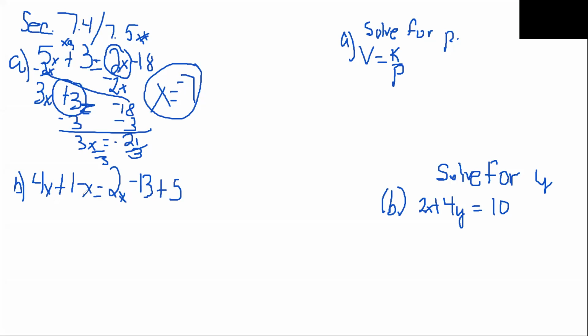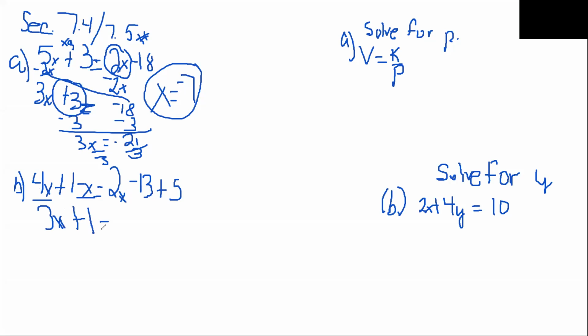B model, 4x plus 1 minus x equals 2x minus 13 plus 5. Now, in this model, we're doing a different approach because we have like terms on the same side. So when like terms are on the same side, you do what you see here. So with 4x minus x, that's exactly what I would do. 4x minus 1x will leave me with 3x. So now I show 3x plus 1